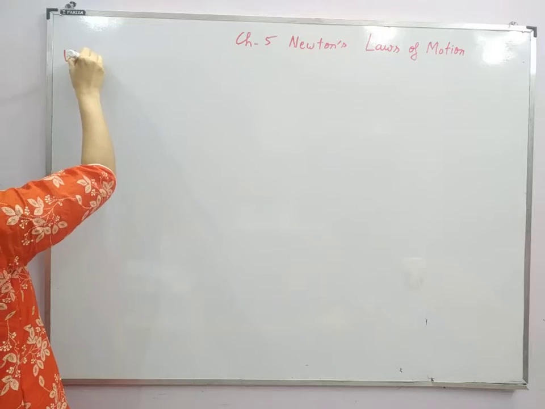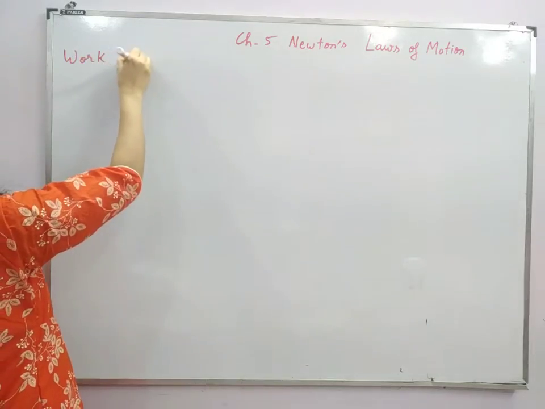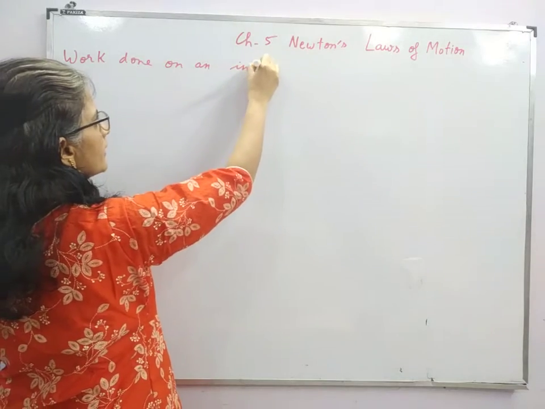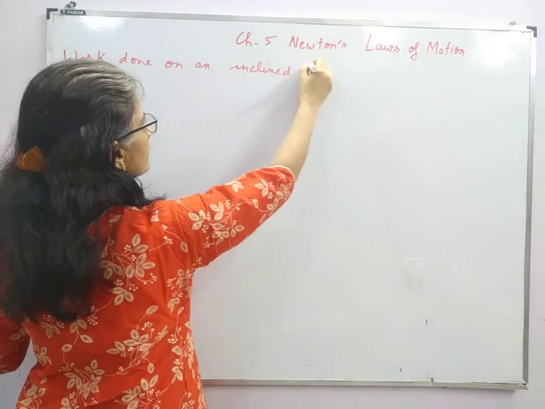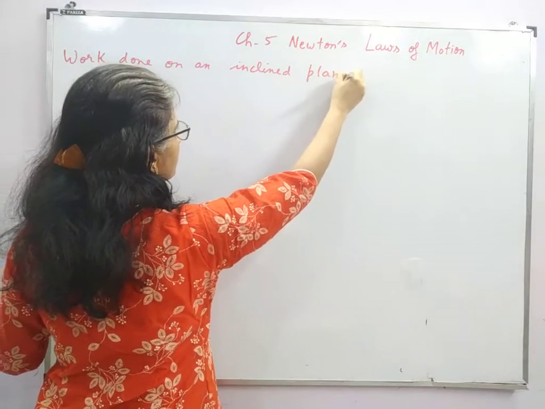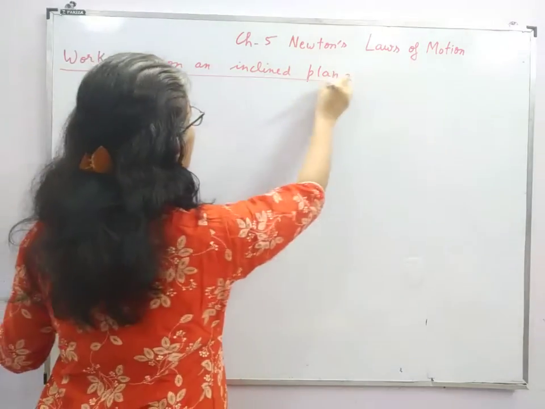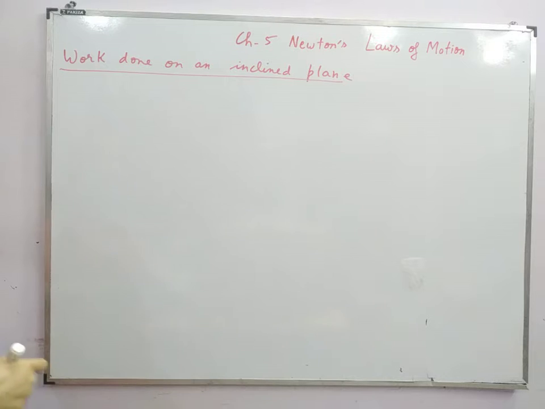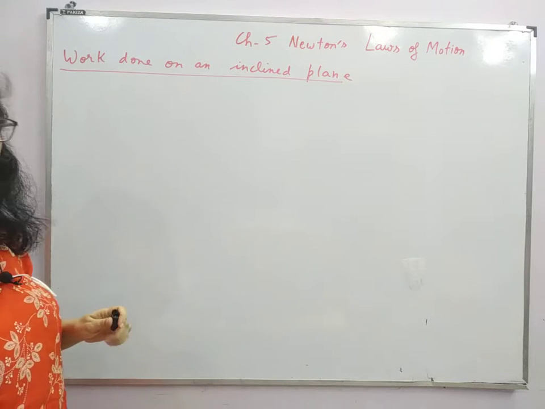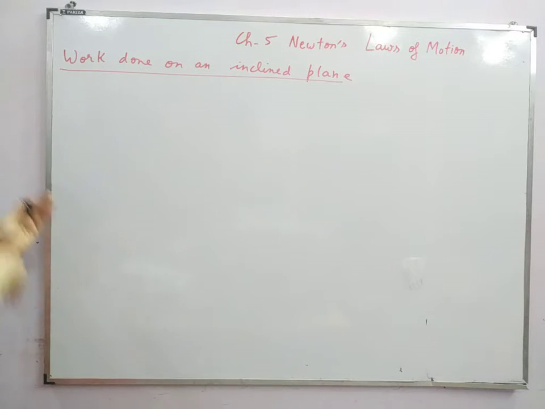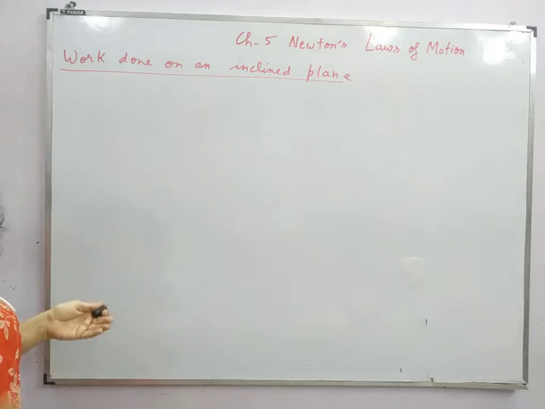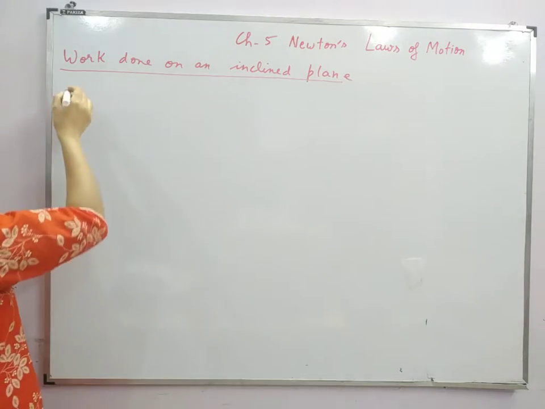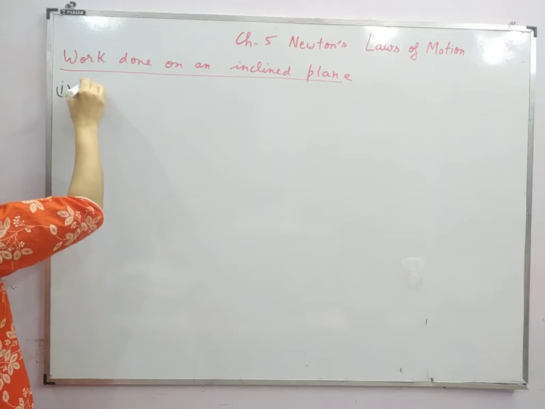So, work done on an inclined plane. Here we will take two cases: first, when the work is done in moving an object up an inclined plane, and second, when the work is done in moving a body down an inclined plane. So first we are taking the work done